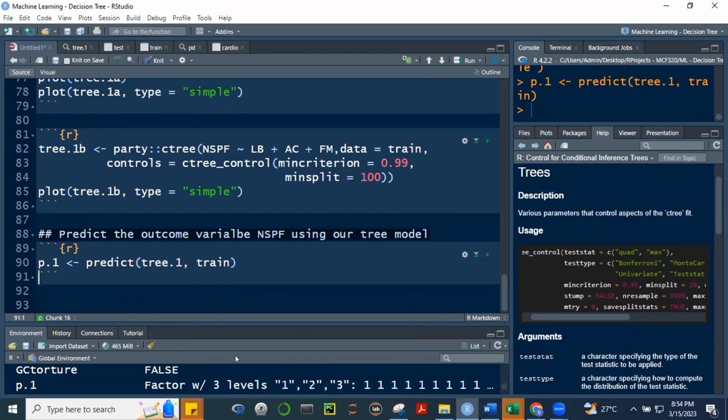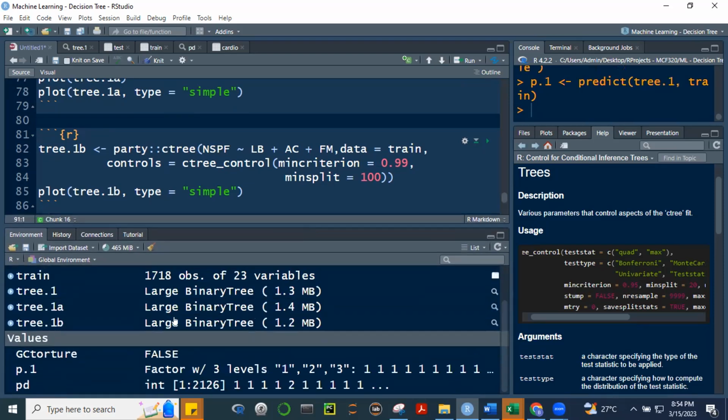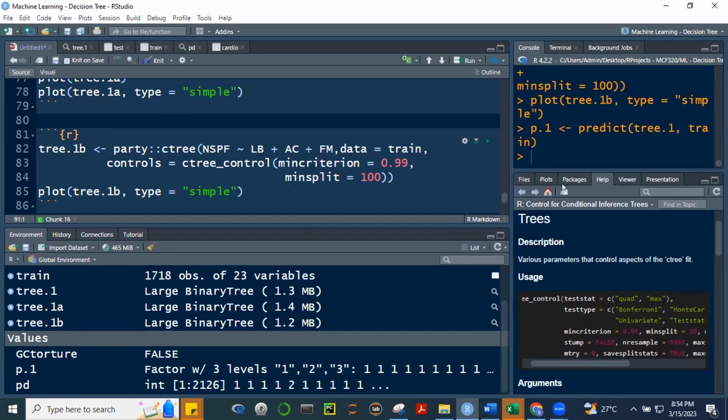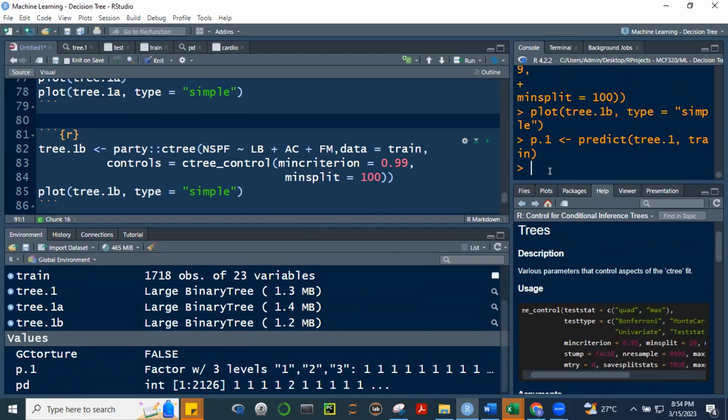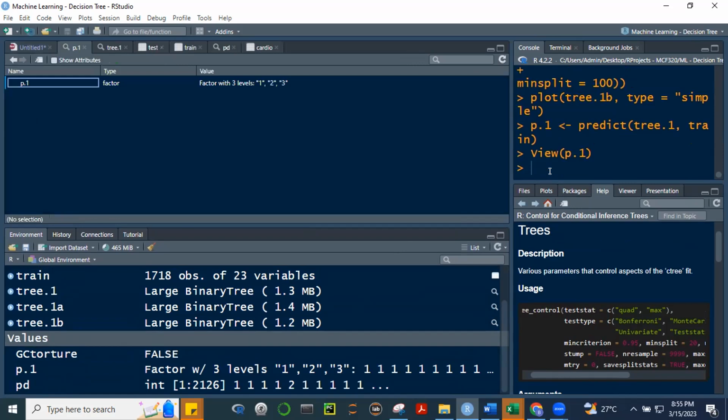Enter. So meron na tayong ditong, no? Ito. So P.1 natin class, ito na yung mga predictions. So vector ba siya? Okay, values. So tingnan natin view P.1. Okay. Ano siya, no?